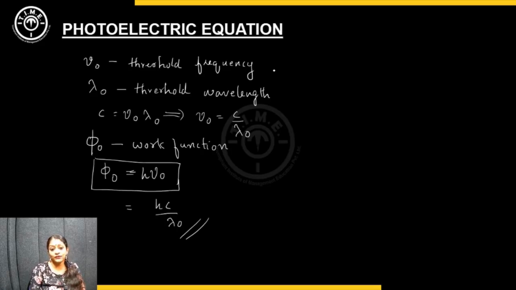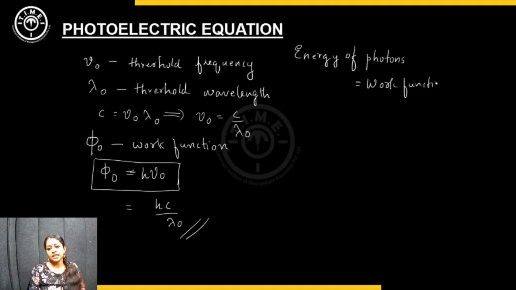Photons are packets of energy, isn't it? So, the energy of photons present in the incident radiation is partially used for ejecting the electrons from the surface of the metal plate, which is called work function, and the remaining is utilized as the kinetic energy of the ejected